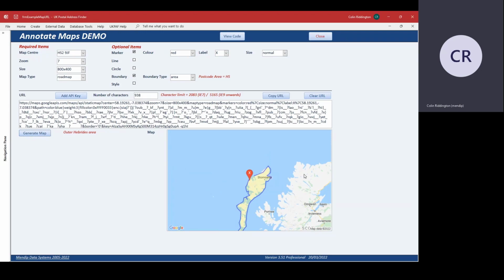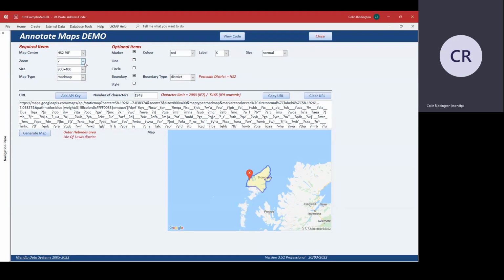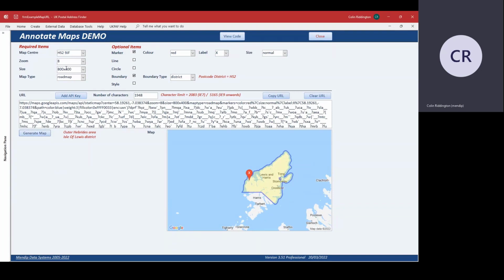And you can see what I mean about approximations here. It actually covers all of the Outer Hebrides, which are the islands of Lewis, Harris, and Benbecula. And realistically, that would closely follow the boundaries of the island. And by sampling the data to make the characters fit within the limit, I've had to do some approximations there. If I go to district level, and I increase the zoom slightly, you see the effects again. And if I go to sector level,